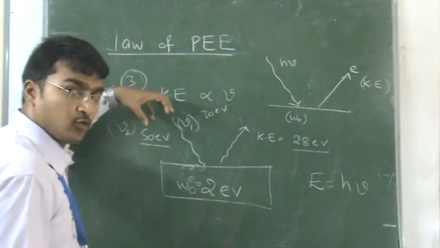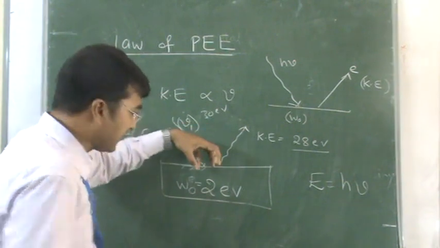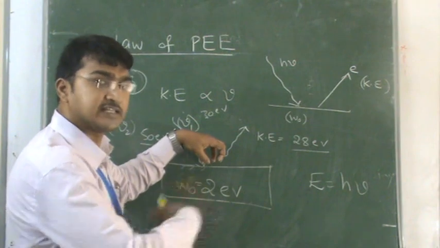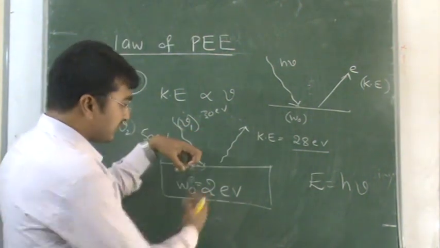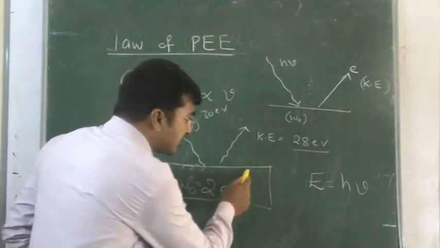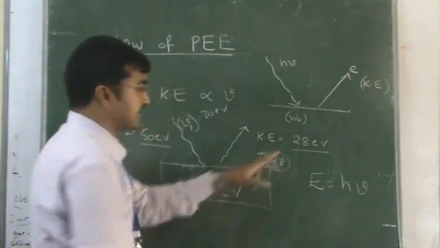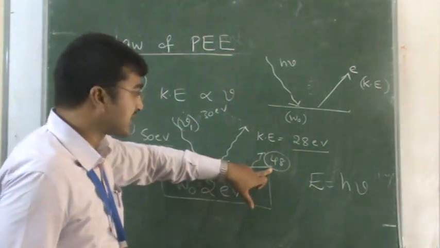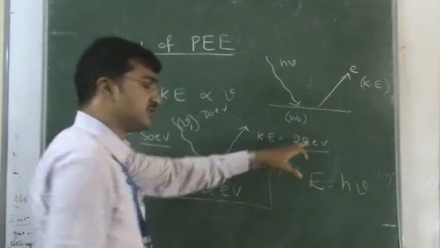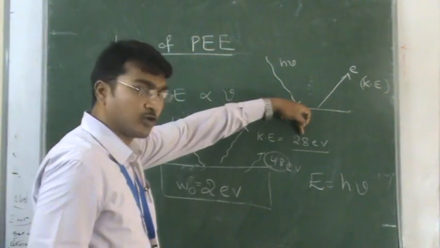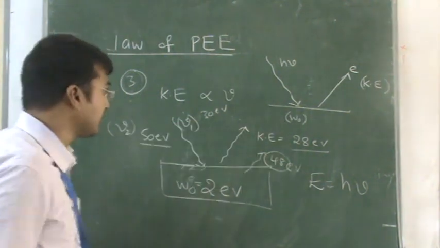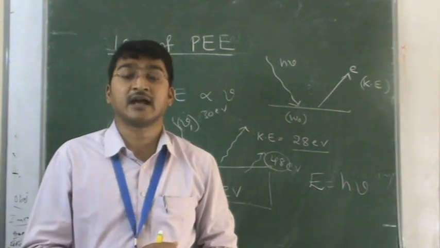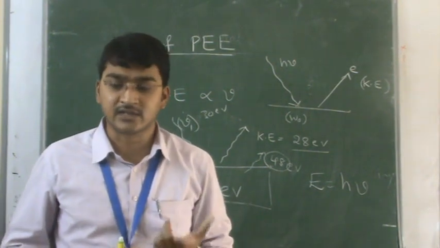Now this 50 electron volts of energy is incident on the metal plate. I am not changing the metal plate, so how much energy will that metal use to eject the electrons? 2. Out of this 50, if you remove the 2, the remaining energy is 48. See, by changing just the light, that means changing the frequency, the energy of the ejected electrons increases. Initially with red it was 28, now with violet it is 48. Got it now? That means by changing the frequency of incident light, the kinetic energy of ejected electrons also increases.